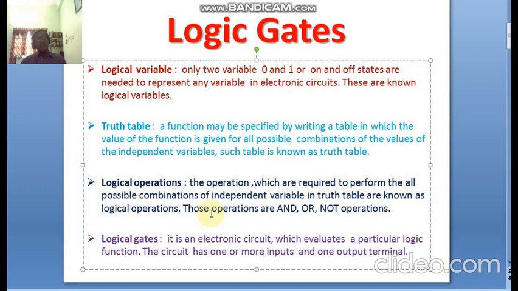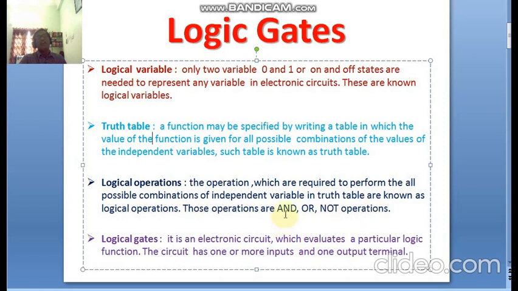But if we use these operations in a logical system or electronic circuit, then those operations are known as logical operations. As we discussed already, those are the AND operation, OR operation, and NOT operation.